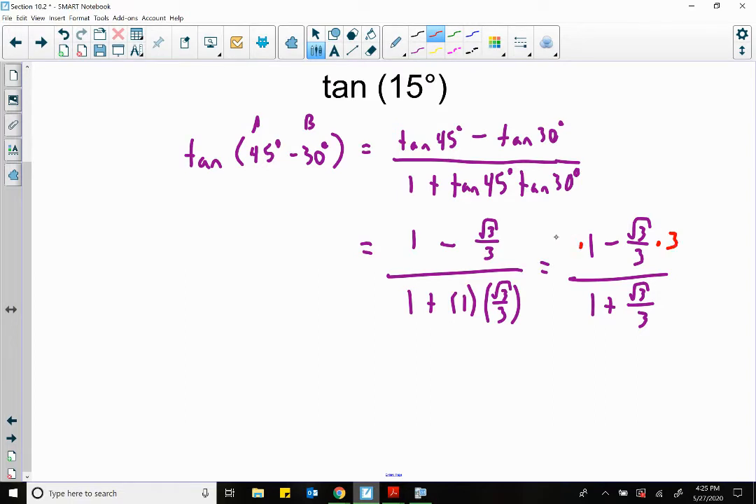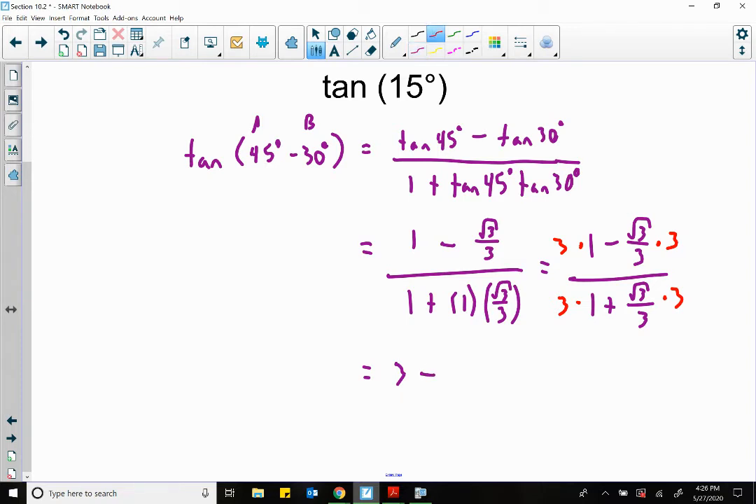So you get a 3, and you get a 3, and you get a 3, and you get a 3. When you clear the fraction, everybody gets multiplied by the same. Basically, it's your common denominator, the LCD, the least common denominator. So 3 times 1, that is 3. Minus